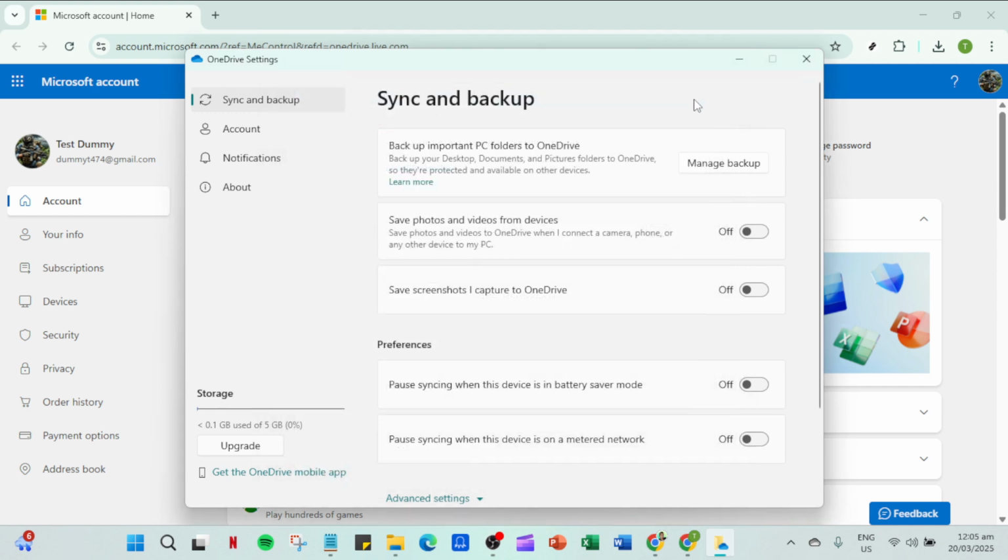As an additional bonus for those of you who love backing up memories, you can also opt to sync your saved photos. This ensures that all your precious moments captured on your devices are securely backed up to OneDrive, making them accessible from anywhere you have a connection. And one more thing to remember, screenshots. If you habitually take screenshots on your computer and prefer having those synced as well, you can